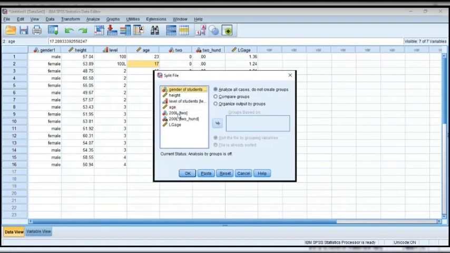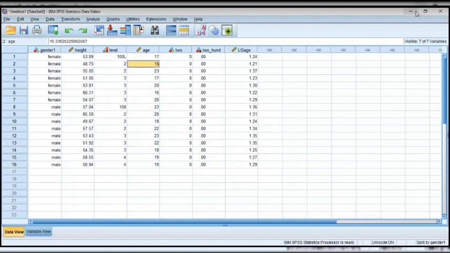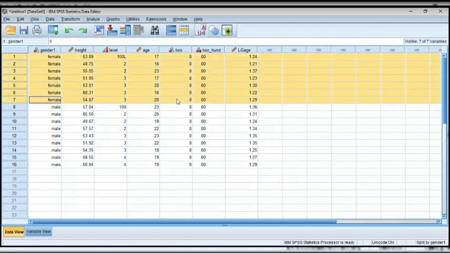Let me use gender of students. Okay, it has helped me split the data set according to the genders, male and female. And of course, it came out with some descriptive output, the sort cases and stuff like that.